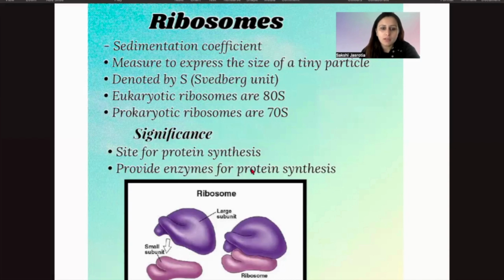Now, what is its significance? We've studied earlier also that it is the site of protein synthesis. It provides enzymes also that work on protein synthesis. As you can see in the diagram, it is in two units, the bigger one and the smaller one. So the larger unit here is 60S and this one is the 40S. Likewise in prokaryotes it is 50 and